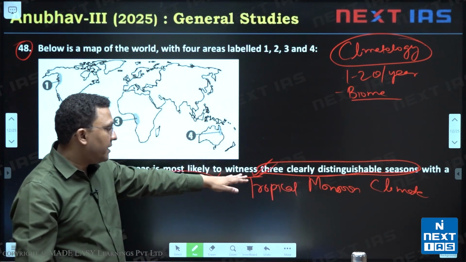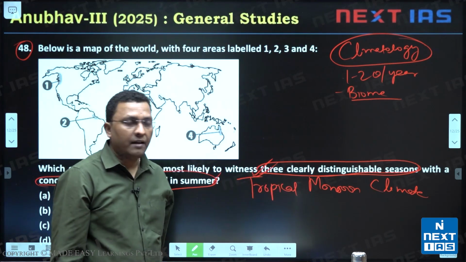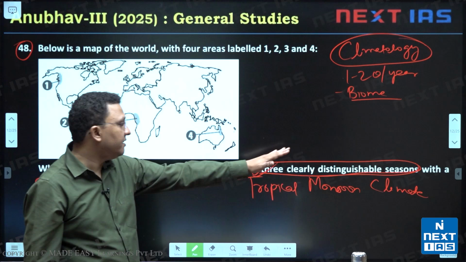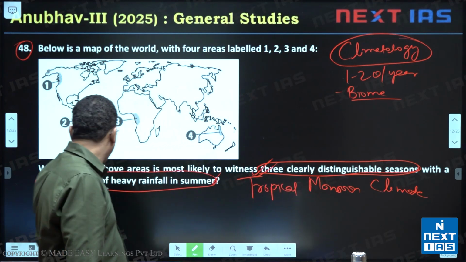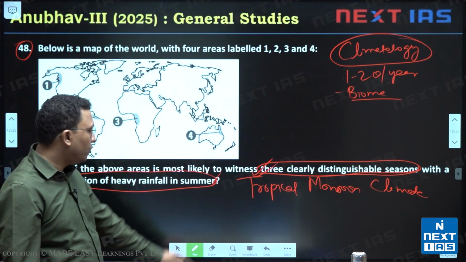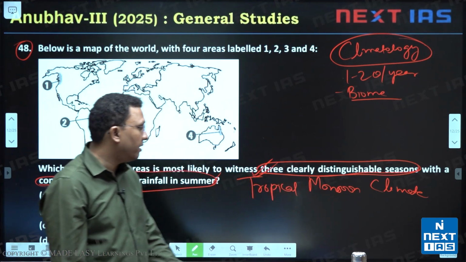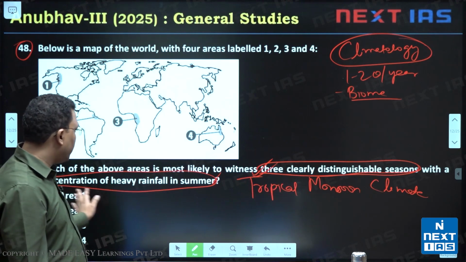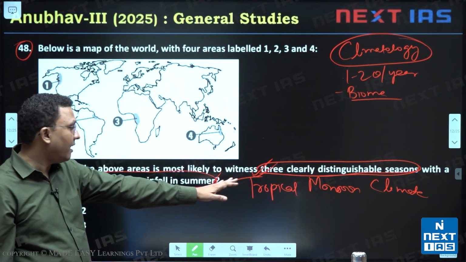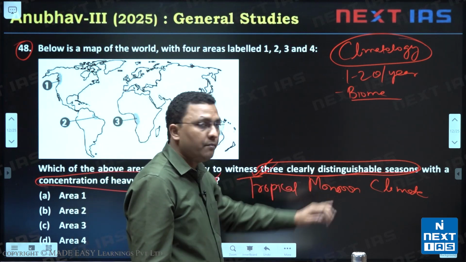Among all the climatic regions present in the world, only tropical monsoon climate has 3 clearly distinguishable seasons and concentration of heavy rainfall in summer, right? No other climatic region in the world has 3 clearly distinguishable seasons, right? So just by reading the question, you should have gotten the idea that this is about tropical monsoonal climate biome,